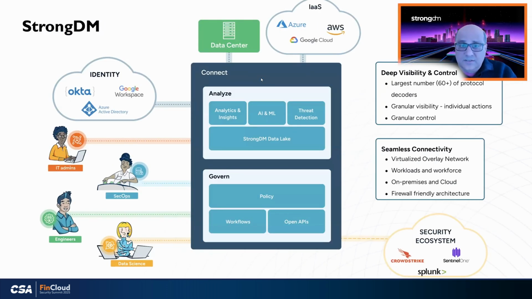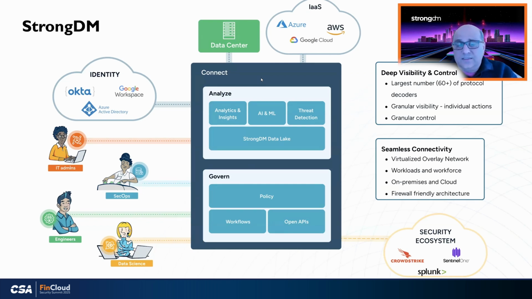So how do we do this? Essentially, we read in signals from both your identity provider, so whether it's Okta, Google Workspace, Azure Active Directory, virtually anything that supports SAML or OIDC. We read in signals from your security ecosystem, CrowdStrike, SentinelOne. We send data to your security ecosystem, whether it's Splunk or other SIEMs, and we use that to calculate a risk score and perform a continuous assessment of the risk at any given moment in time of what